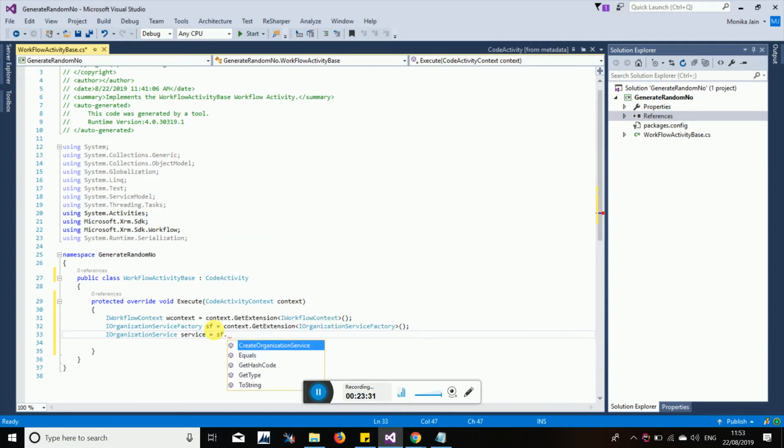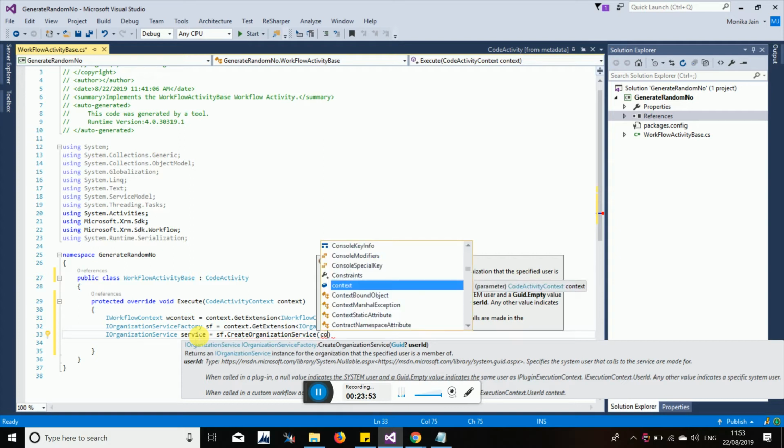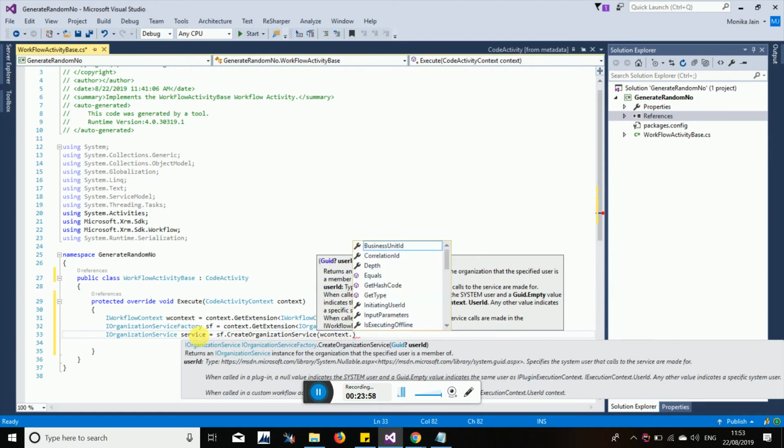Dot CreateOrganizationService, and here we need to pass the current workflow context user ID, meaning the user who is executing the workflow, because this is the service object which will perform the operations in your CRM. Whatever user ID you pass, operations will be performed on behalf of that particular user. So here we will write wContext, because that is the context of your workflow, dot.